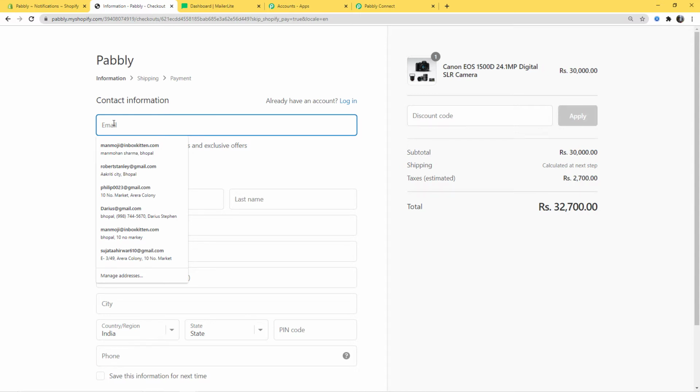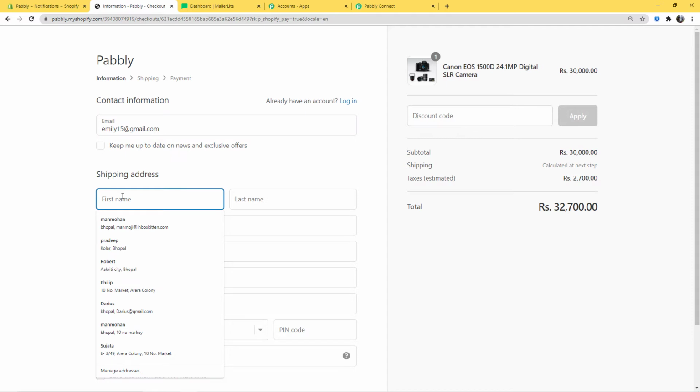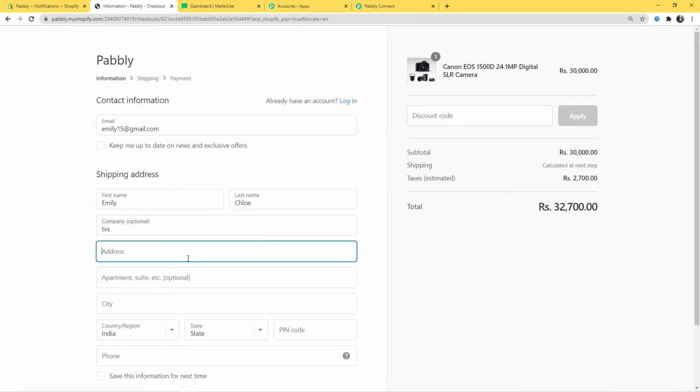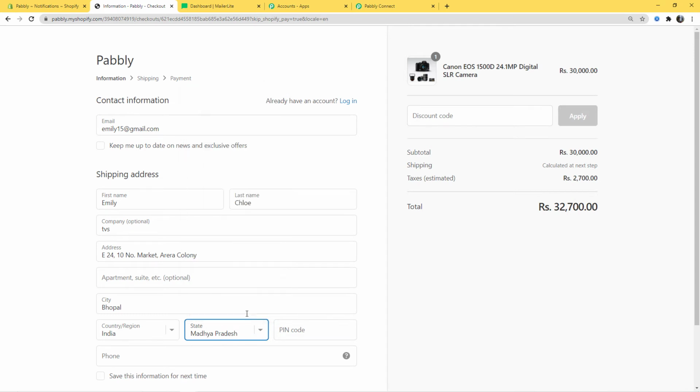So the email is going to be emily15@gmail.com. Okay, first name Emily, last name Chloe, company I'll put here TVS, address E24 10 number Market, Arera Colony, city Bhopal, state Madhya Pradesh, pin code.